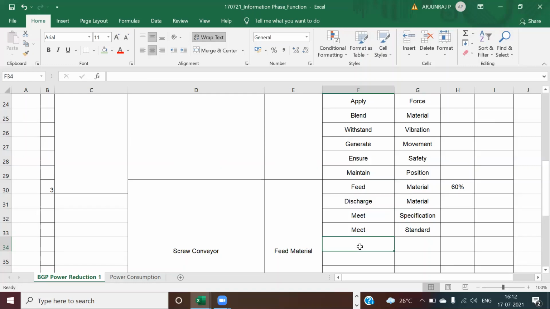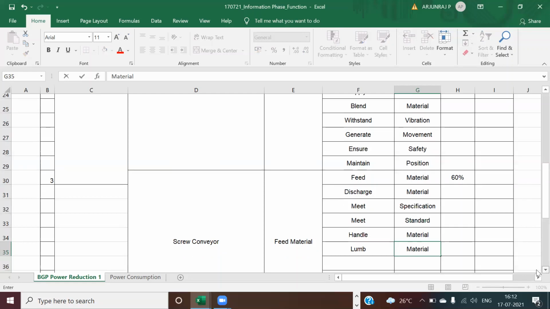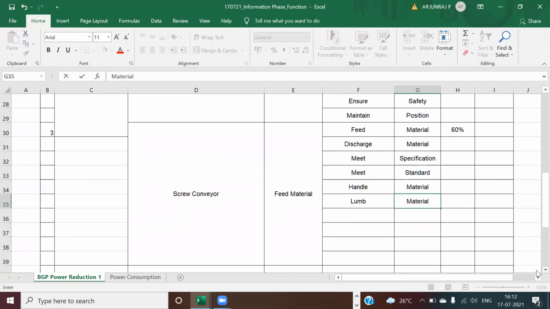Is it possible to repeat? I'm not getting clear with your voice. The screw conveyor can handle lump material. What is the material? Lump in size 10, 15, 25 mm. Through a rotary feeder we cannot handle it; it is used only for powder. Handle material: lump, L-U-M-P. What's the meaning of lump? 15 mm, 25 mm, 80 mm. You can think of it as a stone, with a size of 10 mm or 20 mm, or even 50 mm.